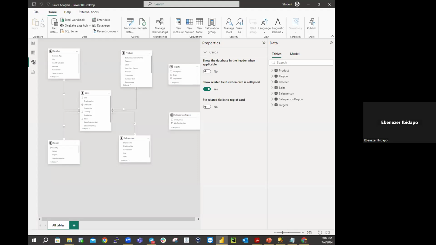We are talking about modeling in our last class. So we'll finish all the relationship between the first five tables. We created relationship between sales and reseller, sales and product, sales and salesperson, sales and region. And I could remember I demonstrated that